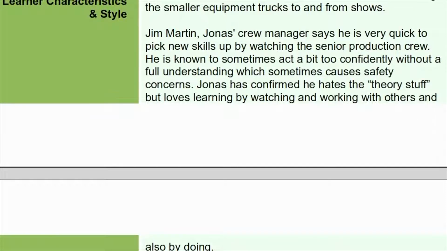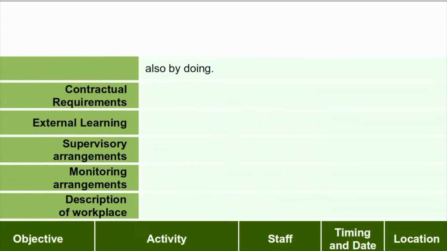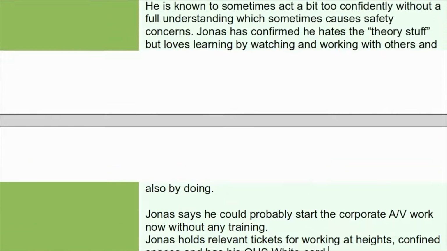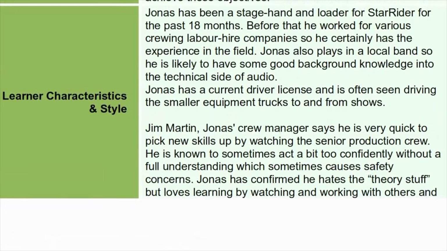Jim Martin, Jonas's current crew manager, says he's very quick to pick up new skills by watching the senior production crew. He is known to sometimes act a bit too confidently without a full understanding, which sometimes causes safety concerns. Jonas has confirmed he hates the theory stuff but loves learning by watching and working with others, and also by doing. Jonas thinks he could probably start the AV work now without any training. He holds relevant tickets for working at heights, confined spaces, and has his OHS white card. So already there we have a lot of useful information about the learner that we can use to customize the